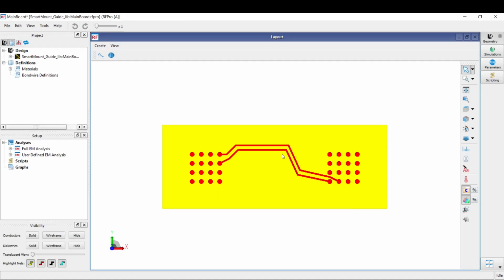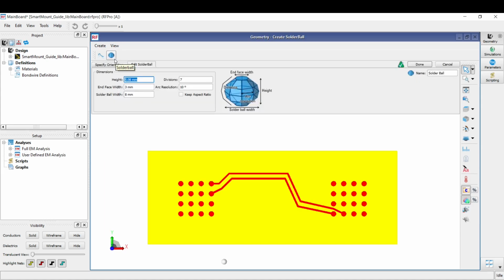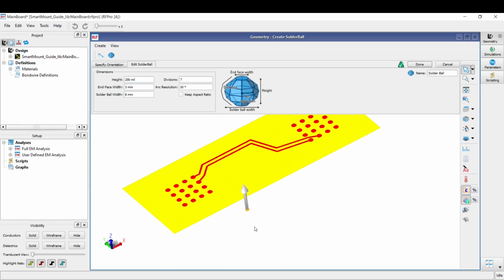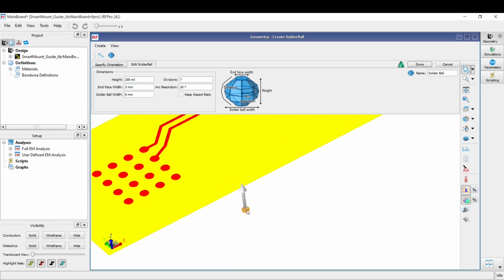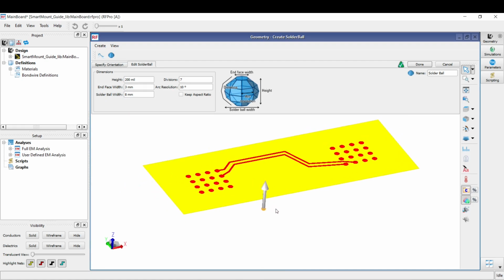because what we want to do is add the solder balls directly in RFPro. As you can see, we have this little solder ball icon on top of the layout, and it will open the same solder ball creation menu that we had in EMPro, and now we can fill in the parameters of the solder ball. So we take in the 200 milli-inch, and as you can see, it already appears in our layout. Now we have to move the solder ball to the proper location, so to one of these solder pads,